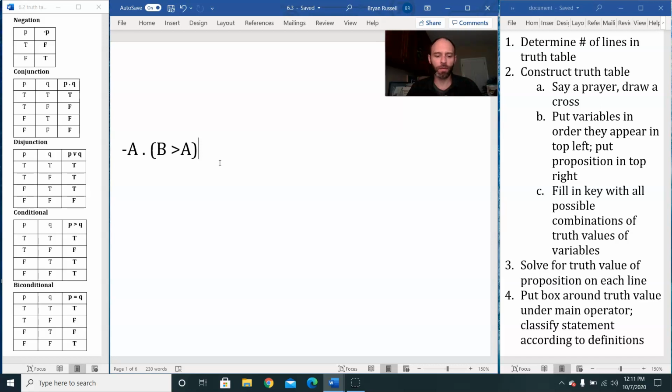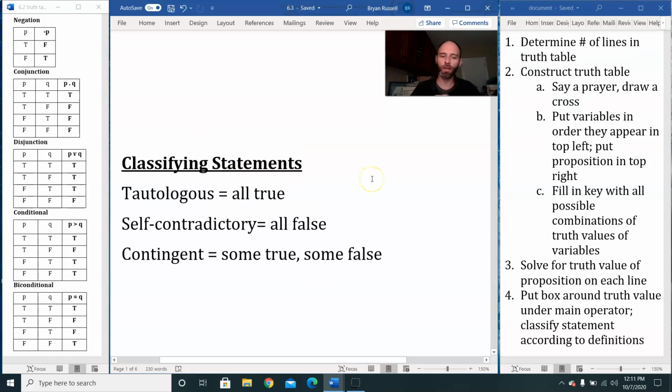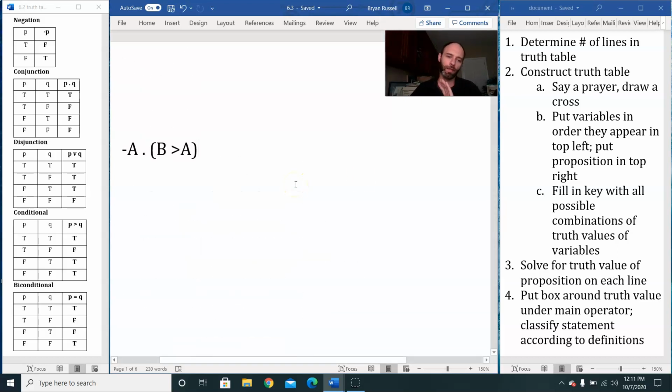By the end of today's lesson, what we'll be trying to do is, when given a statement like this, figure out if it's one of these three kinds of statements: whether it's tautologous, meaning always true, whether it's self-contradictory, meaning it's always false, or whether it's contingent, sometimes true, sometimes false, depending on the truth value of the statement variables. So we'll be trying to figure out, given a statement like this, whether it's necessarily true, necessarily false, or sometimes true or sometimes false, depending on the truth value of